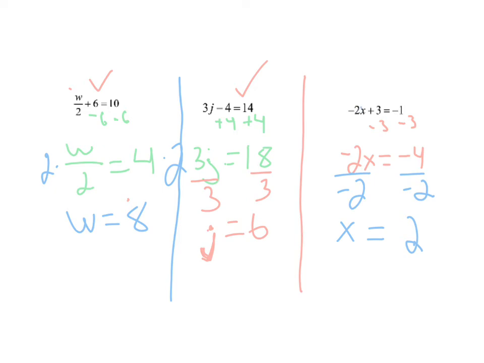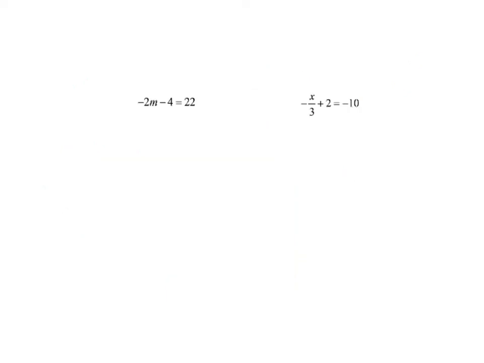Negative 2 times 2 is negative 4. Negative 4 plus 3 is negative 1. So that one works out also. Next one. 2 problems here. We're going to add 4